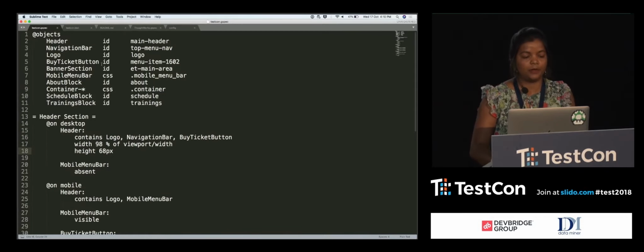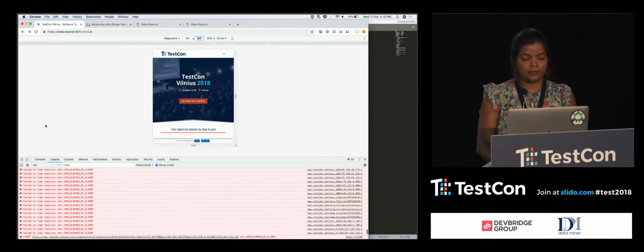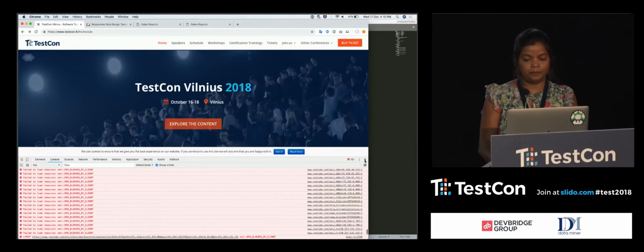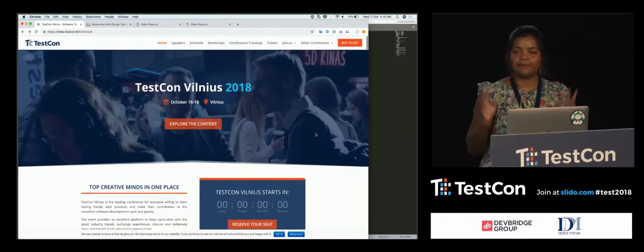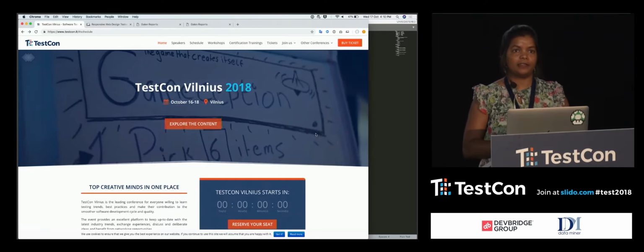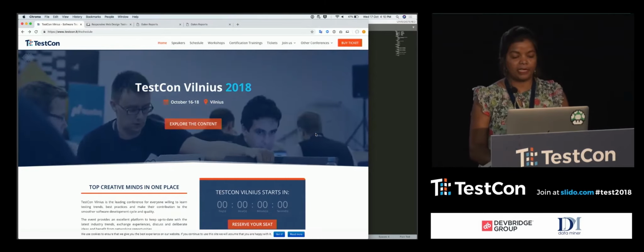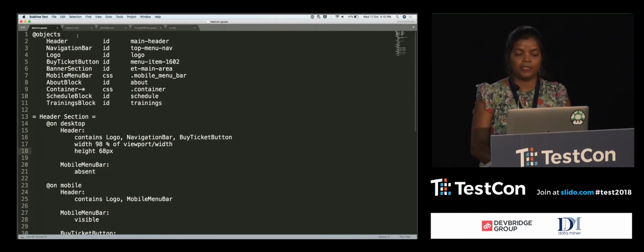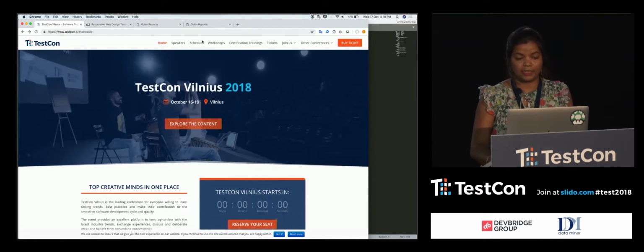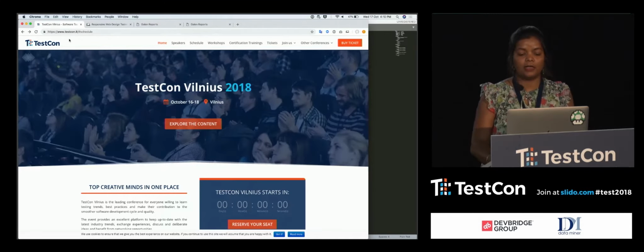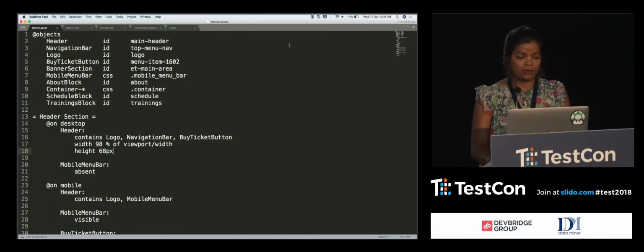So this is a spec file that I've written for our TestCon website. I've picked up some of the elements on this website that are of interest to me, and I've defined them as objects in my spec file. So I've defined a header and a navigation bar. This part is the header, and this section with all these clickable links is my navigation bar. And I defined a logo and a bunch of other things, like a buy ticket button and a banner section,